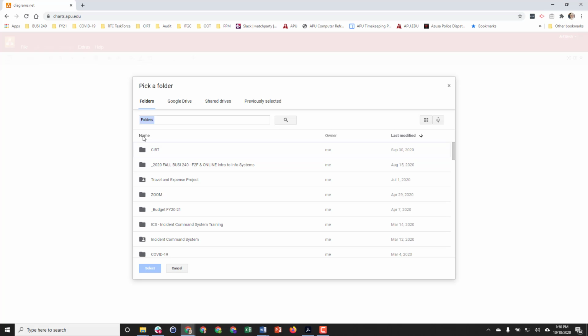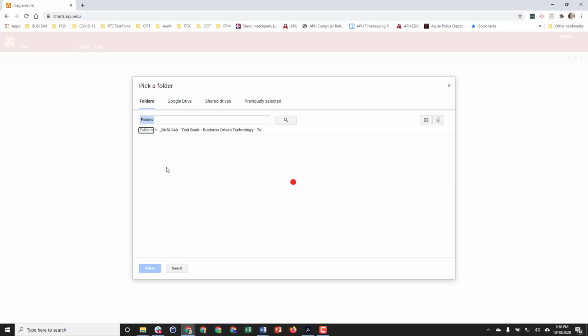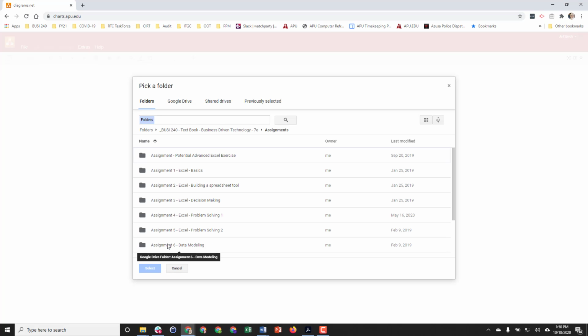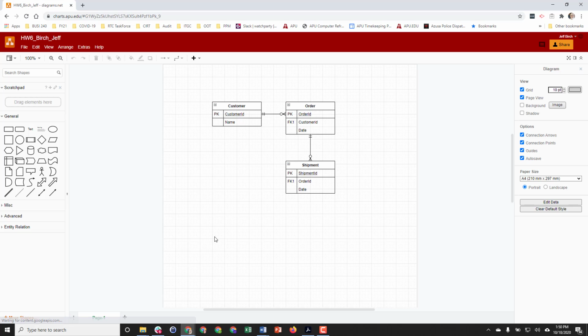I want to put this in a special place so that I don't lose it. So I'm going to select the location, and hopefully you are sharing or storing all of your homework and everything that you do for every class up in Google Drive, because you can retain that forever even after you leave APU. I'm going to select assignment number 6, data modeling. There we go. It's creating my entity relationship diagram format,